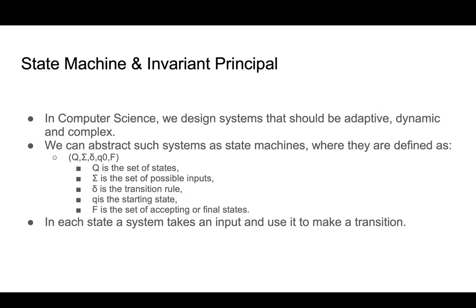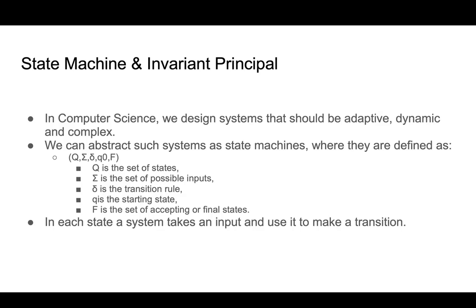What I mean by that is, for example, in computer science, when we design or build a system, it should be adaptive and dynamic. What I mean by that is the system needs to handle all types of possible inputs, which means handling all types of possibilities that the system problem is resolving. And we can abstract such systems that handle all these possibilities,